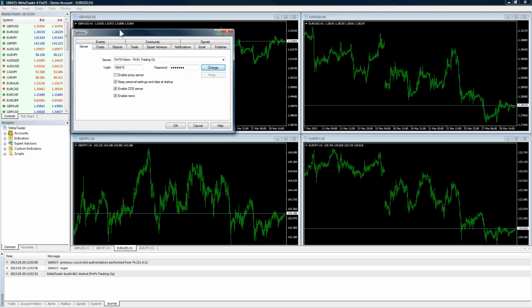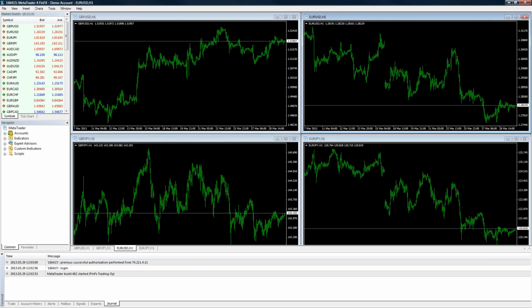I might add, in the Options menu, when you open this up under Tools, you're going to want to go down to Enable DDE Server for Pip Stat. If you're using Pip Stat, you will want to enable DDE Server. So when you open it up, your platform's probably going to look like that. Go in and click that and then hit OK. That's going to let you set up Pip Stat, so make things a little bit easier, so that it will access the system.